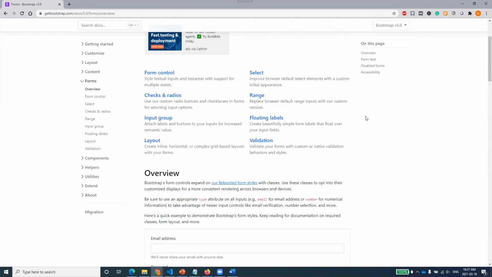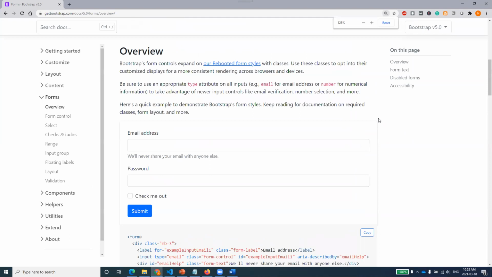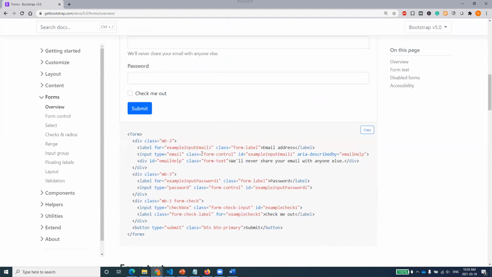Let me show you where they are doing that. Okay, so for forms, it says that there is a generic class, form-control, that we can use with all input type elements. Form control. You see, form control. What does that mean? Let's come back to that one.